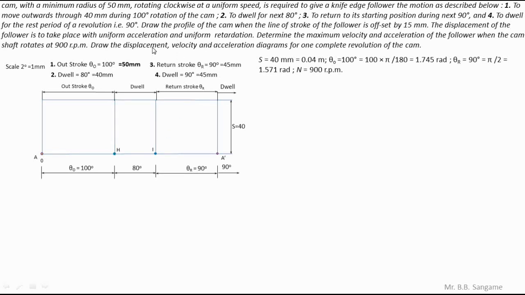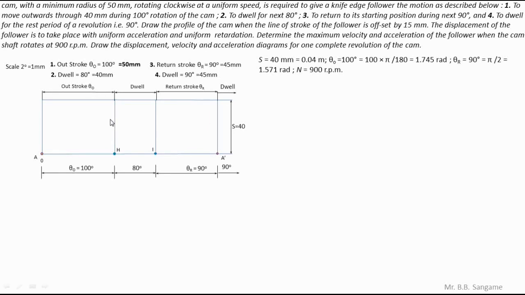Here we are dealing with the problem of uniform acceleration and retardation. So for the uniform acceleration and retardation, first I am going to draw a line. I am going to divide the height into 6 equal parts. So height is 40 mm. Again, it is quite difficult to divide the 40 mm distance into 6 equal parts, because one part will be equal to a length of 6.66 mm. So again, it is quite difficult to plot a point at a distance of 6.66 mm, because it is quite difficult to measure the distance of 6.66 mm.